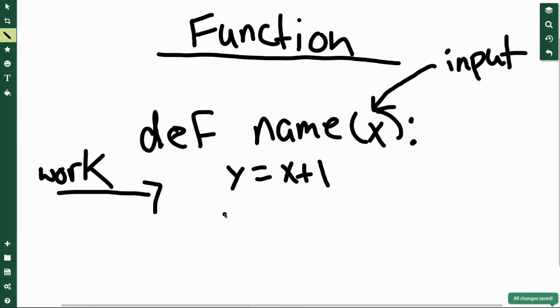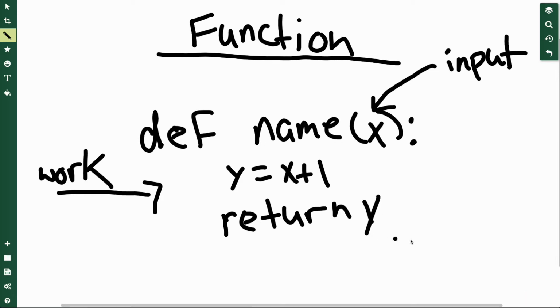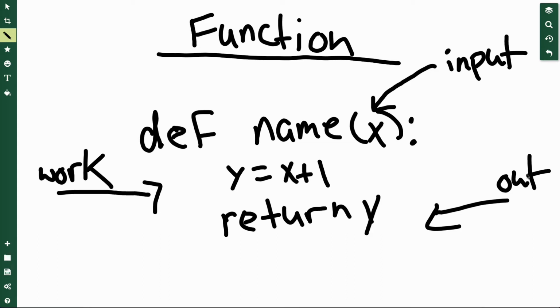And then you also have a return statement. The return statement would be, we type in return, and then whatever it is you want to return back. So really this is like the output. So you got input, you got work, and you got output. And that's really the essence of why functions are so useful. Believe it or not, you can build pretty much anything in Python if you just know that. Input, work, output. That's it.